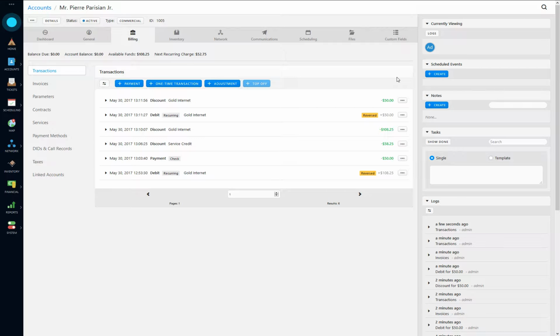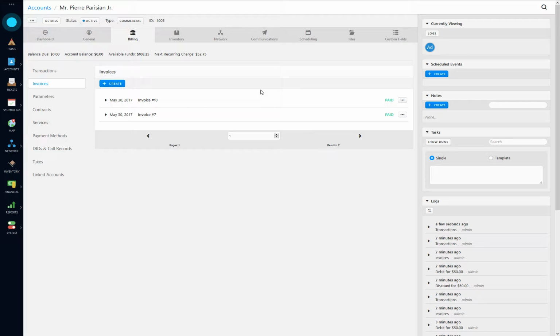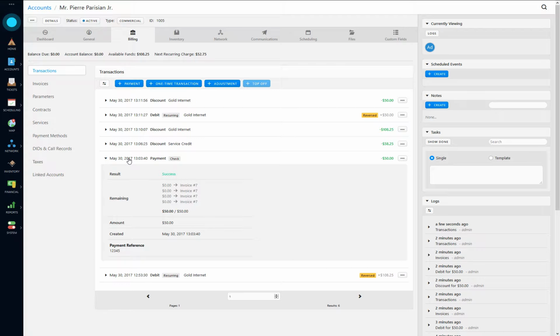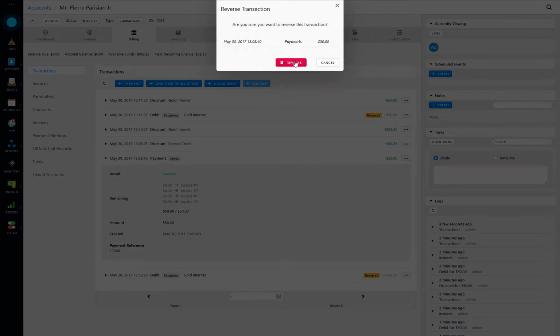So because it's uninvoiced, it's not booked in revenue, we're able to reverse it and it gets removed from the account. So if you make a mistake and you catch it right away, you are able to clean up by removing an invoice that you've created by mistake or that kind of thing, and then reversing a debit. The other things we can reverse are discounts and payments. And when you reverse a payment, depending on the type of payment it is, it's going to dictate how that's treated. So for example, with a check, if I reverse a check,